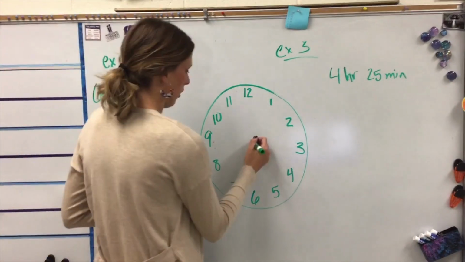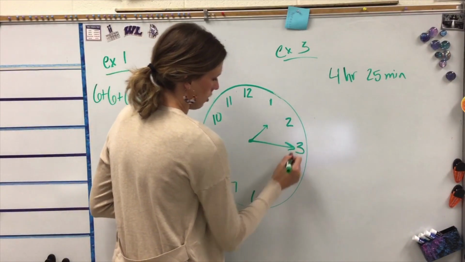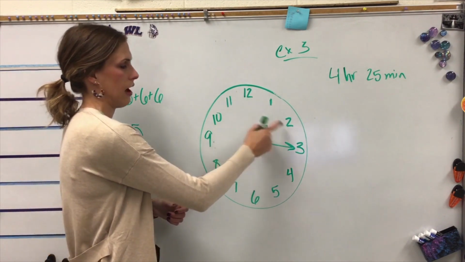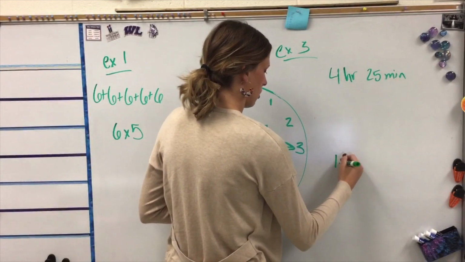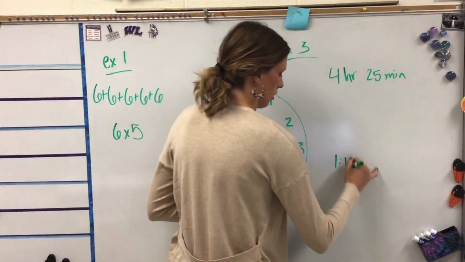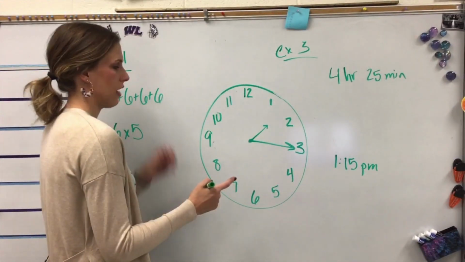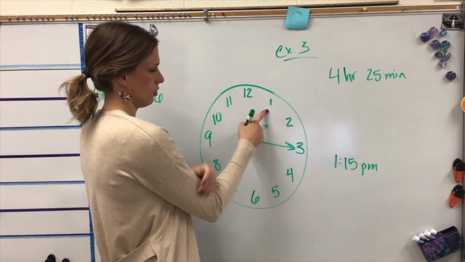Well, the time shown on the clock, the shorthand, our hour hand, is between the 1 and the 2, so we got to go with 1. And then pointing at the 3: 5, 10, 15, is 1:15 p.m. Now we got to find 4 hours before that. So before 1:15, go back 4 hours,